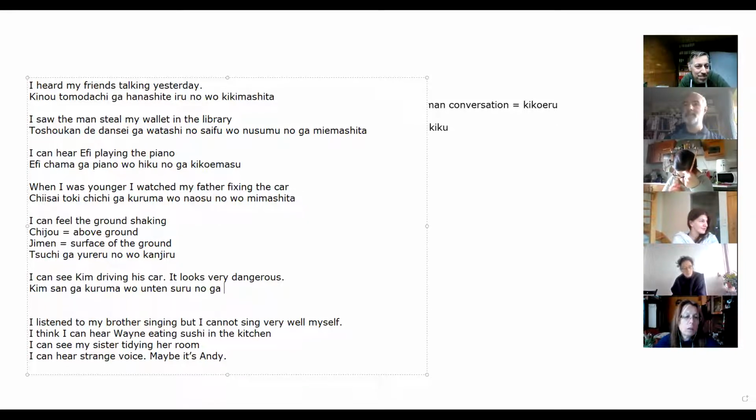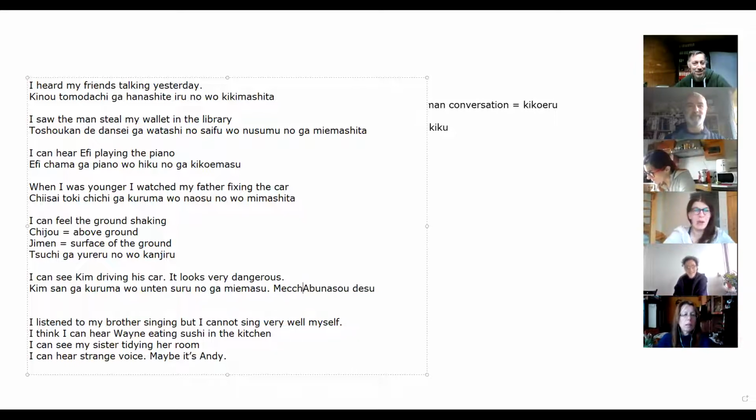Ga. Yep. Miemasu. Very good. Miemasu. Looks very dangerous. Abunasou desu. Very good. Abunasou desu. Totemo abunasou desu. Mecha abunasou. Mecha abunasou desu. Yeah. Or is that too casual? Mecha. Well, you guys are starting to learn casual stuff anyway, so I don't mind. Cho abunasou